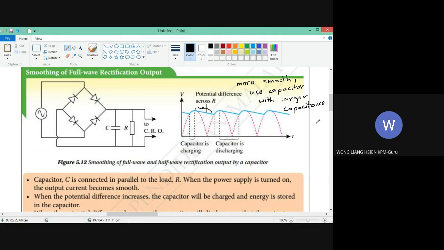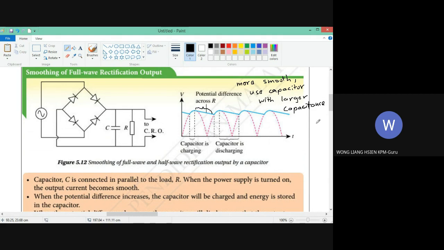Okay, so the bigger the capacitance of the capacitor, the more charge that it can store. Then even when the capacitor discharges,